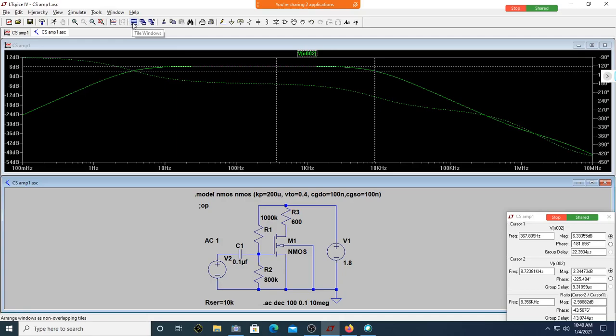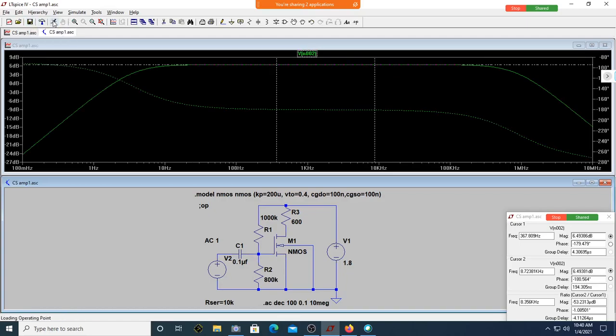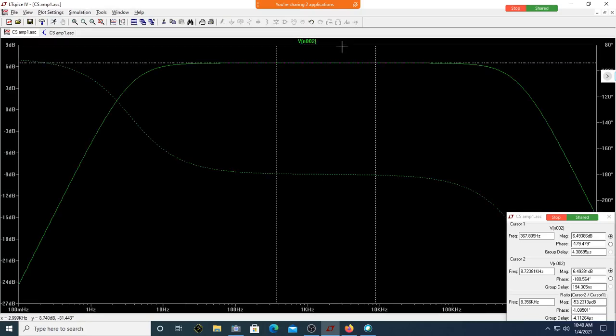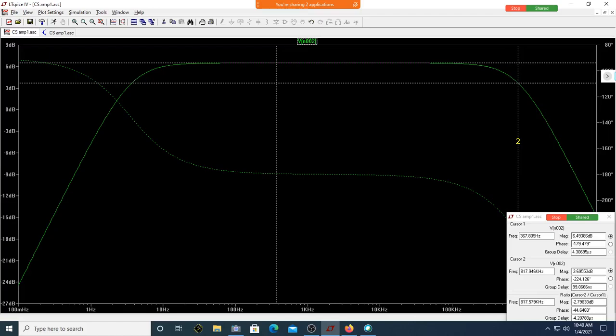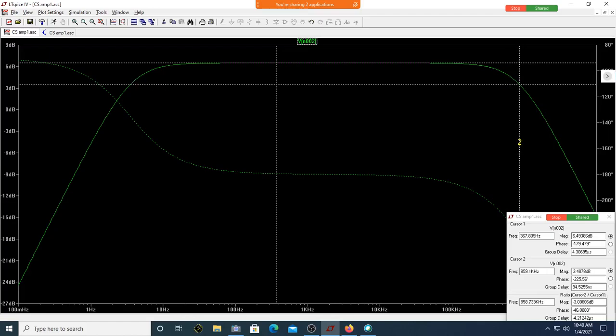From 80 to 800 should happen typically. So ideally speaking, let us see what happens. Let me just run. See now it has extended. Can you see the increment there? So now you just go here, try to see what is the bandwidth. Are you there close to 859? From 85 you have gone to 859 kilohertz, increased by 10 times. Correct?